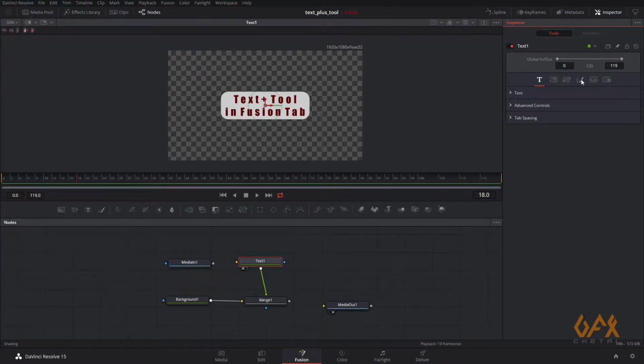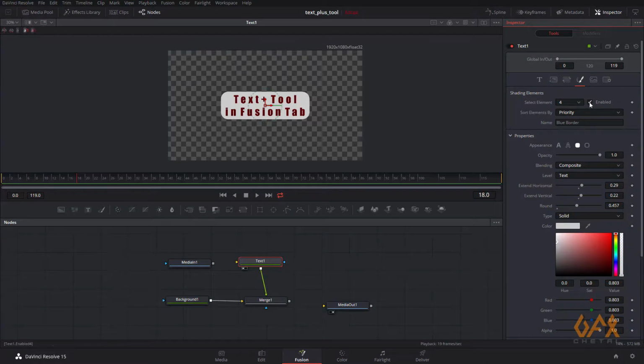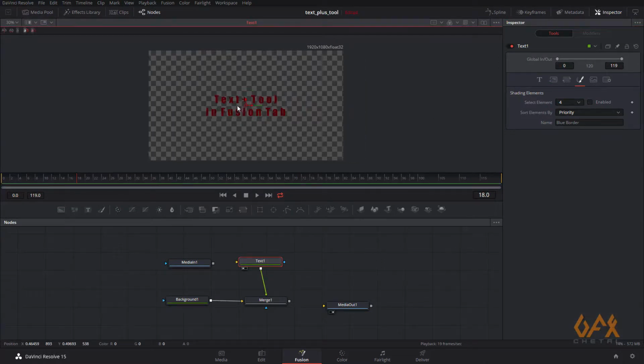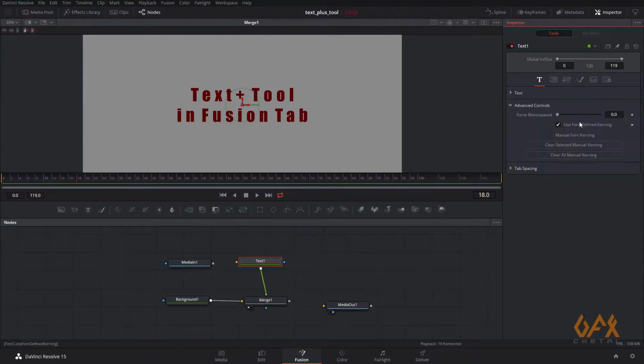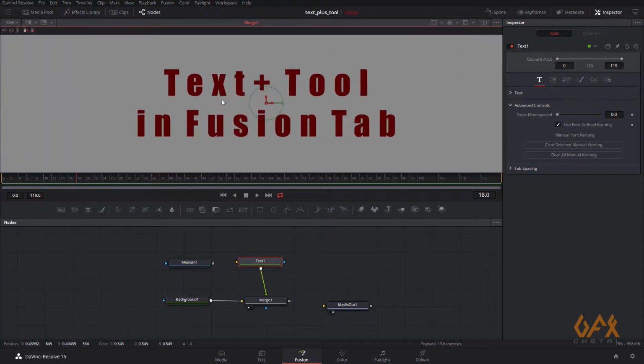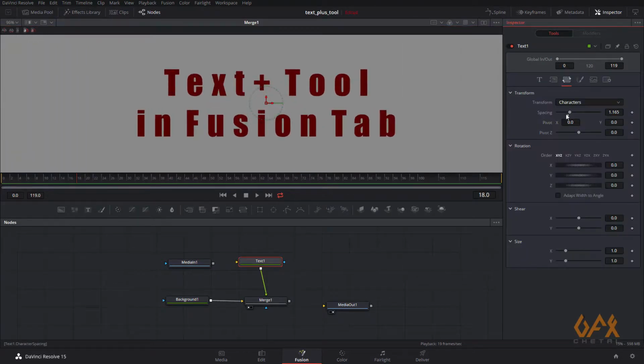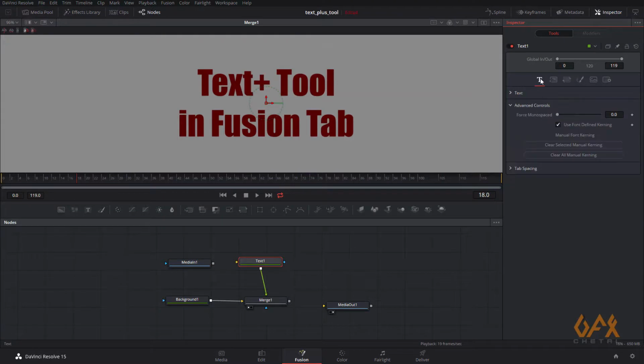So right now I just click over here and I deactivate this thing. I select this, I go to advanced control, and here you see some clearance, select manual or force monospace. So basically I just go to here again, reset the thing.